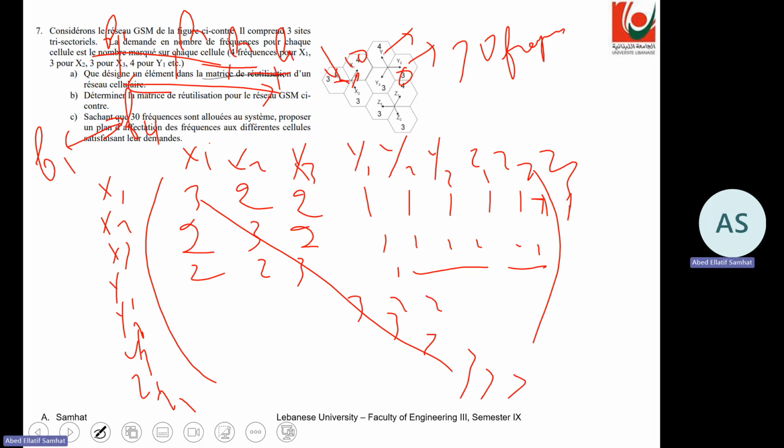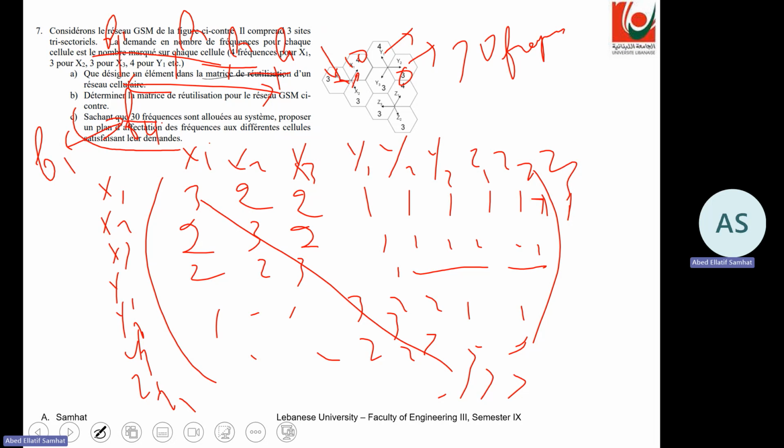y1, y2 here they will be 2, 2, 2, 2, and the other will be 1. Okay, so after doing that, based on this matrix, we can allocate the frequencies. So that's why in part 3,